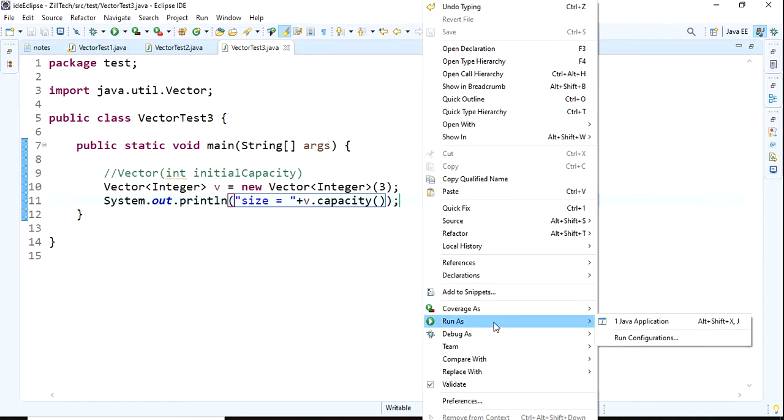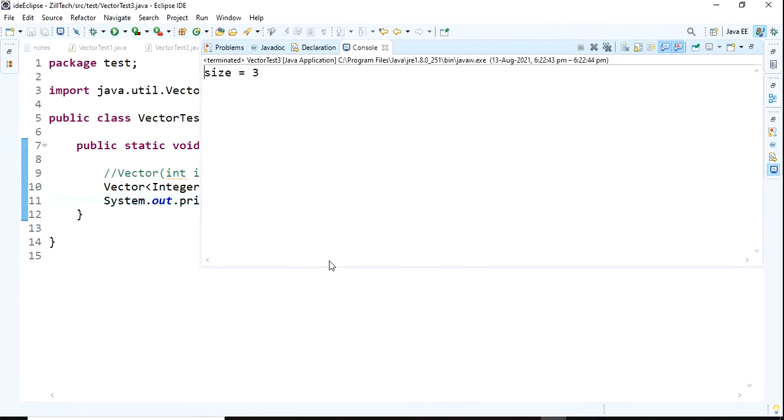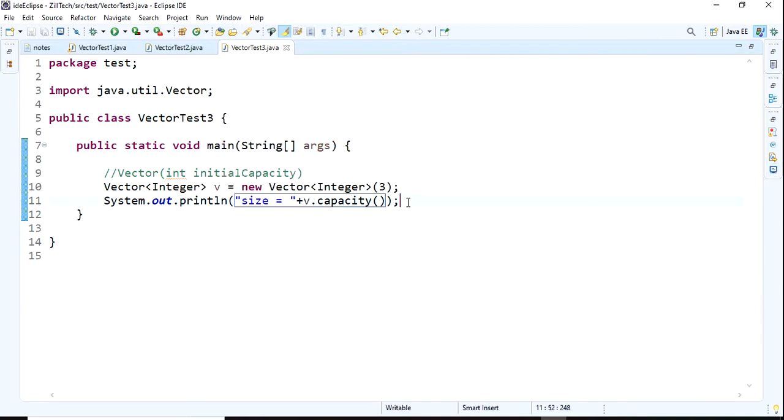Right click, run it and see the default capacity we are changing from 10 to 3. Now I will add 3 elements: v dot add 10, v dot add 20, v dot add 30.